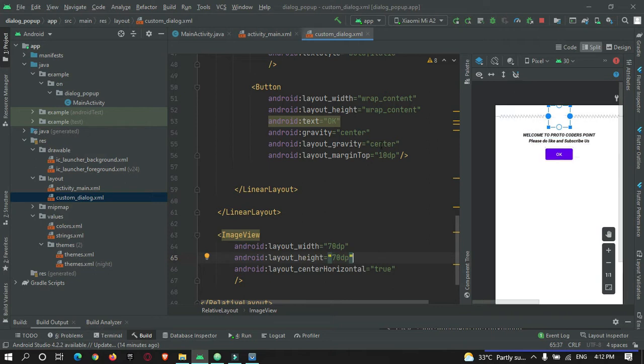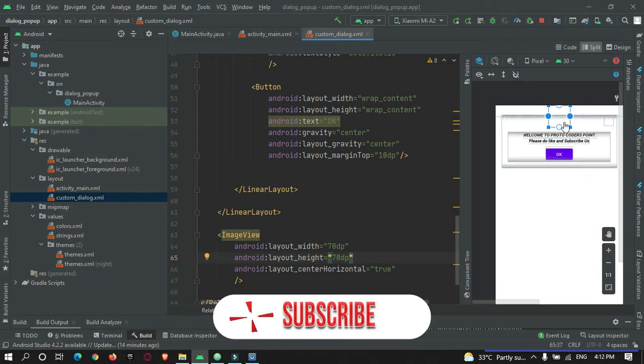Okay, so our UI has been created, so we need to add some images over here.